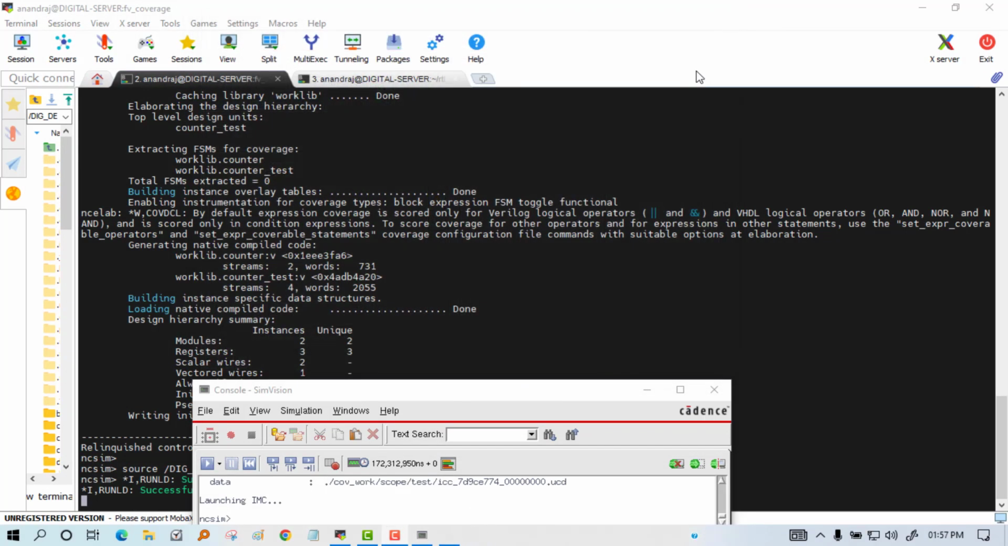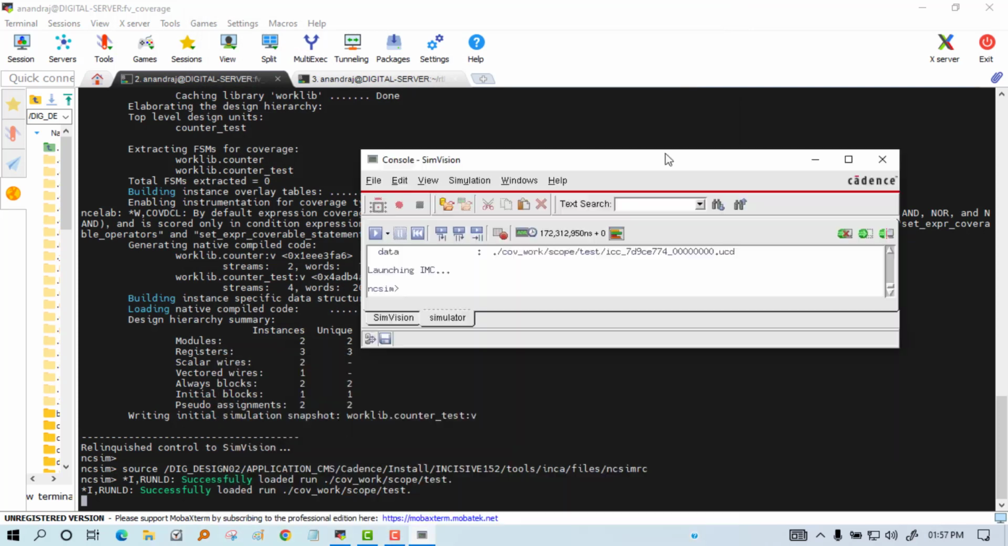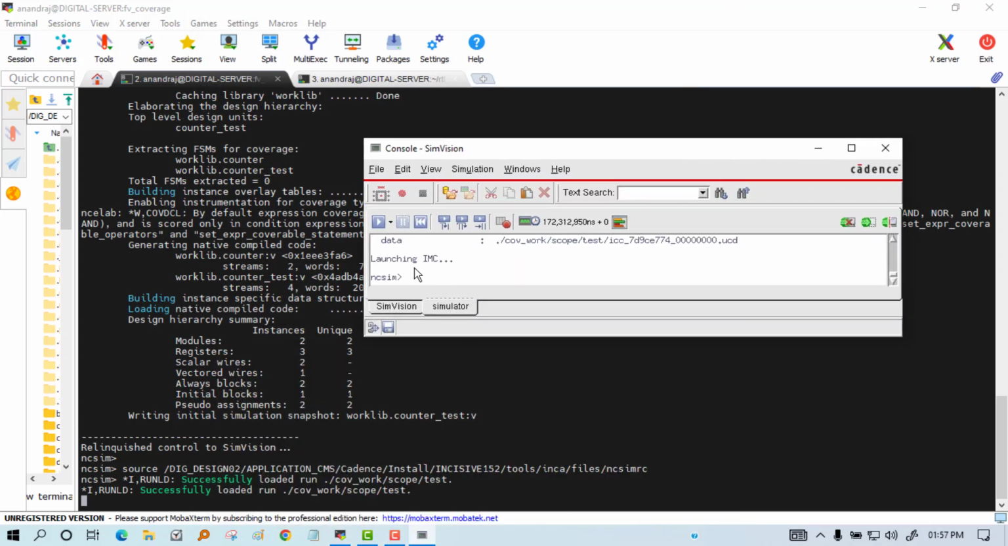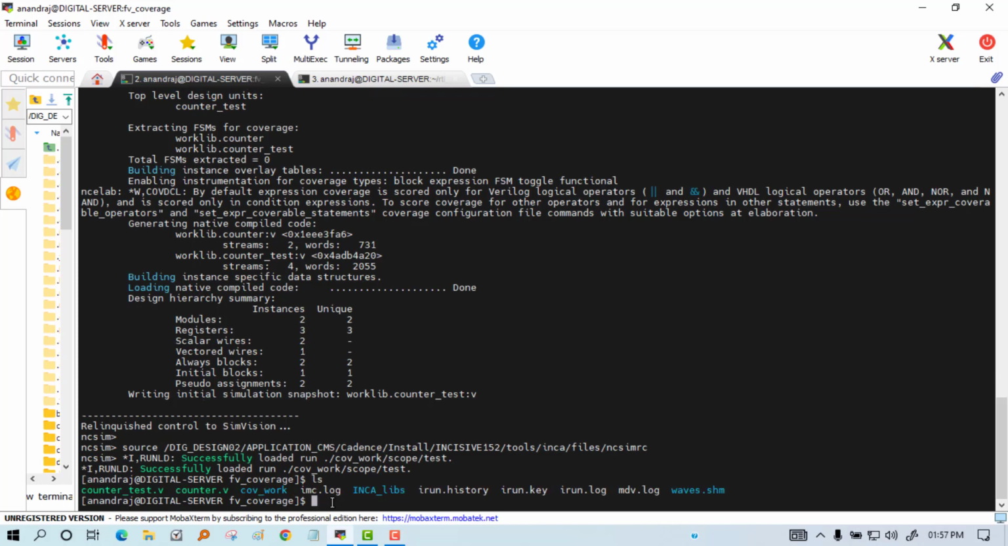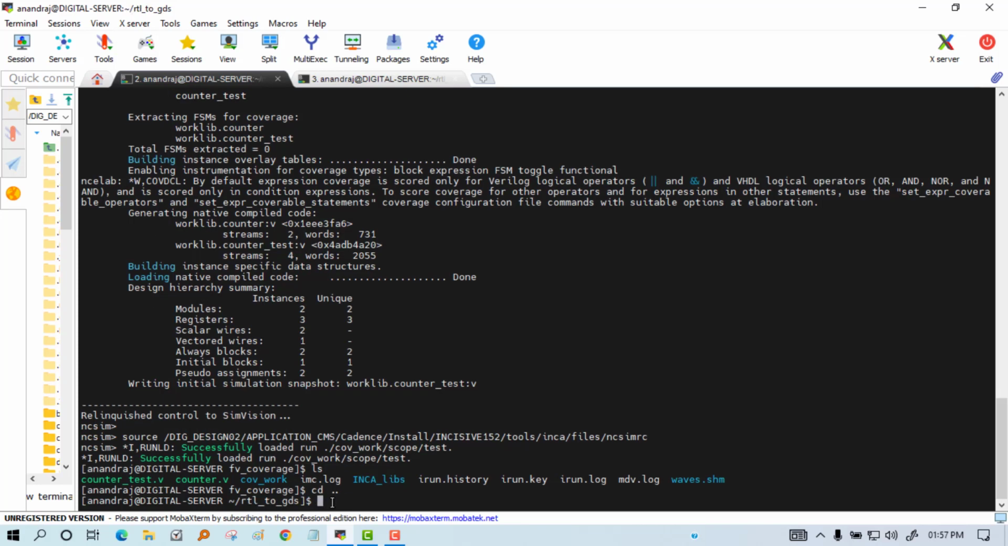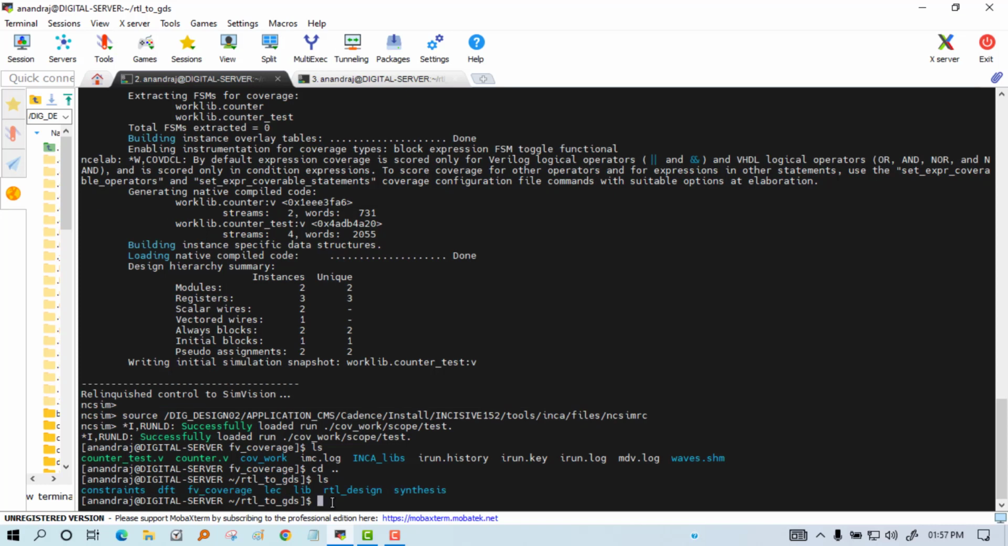So for simulation we have used SimVision, and for coverage analysis we have used IMC. I am going to exit all this. Okay, fine. Till now we have done up to coverage. Now, as we have done coverage, we will go to the next step, which is